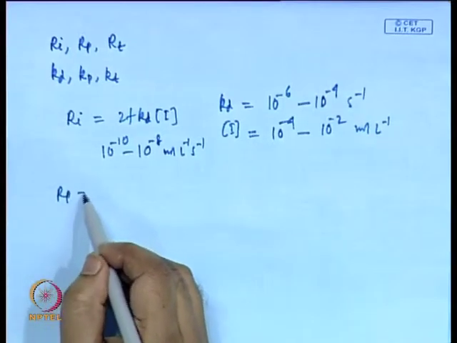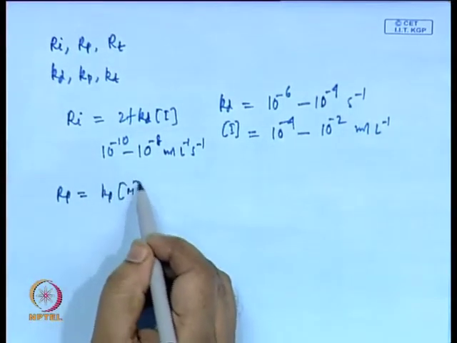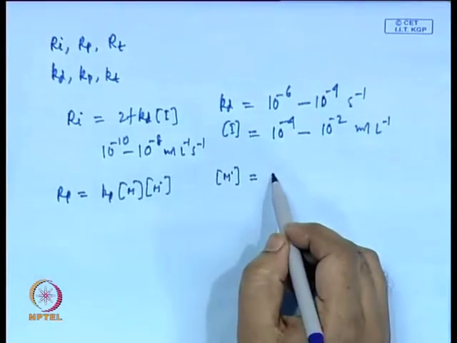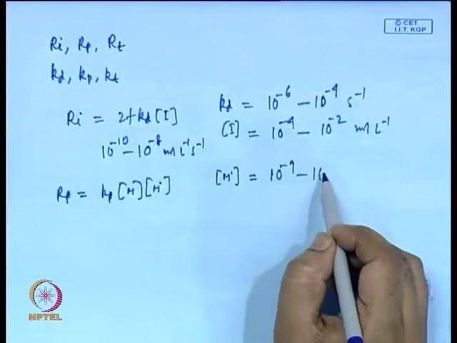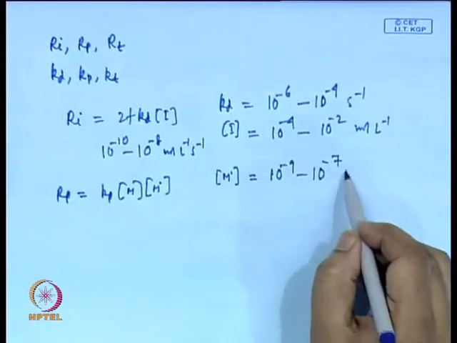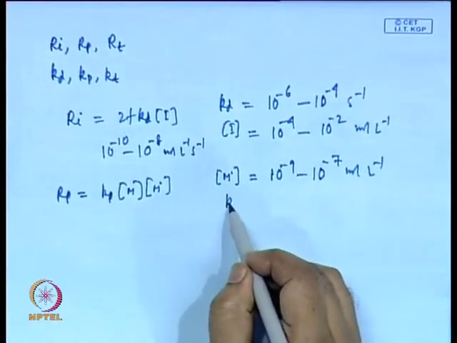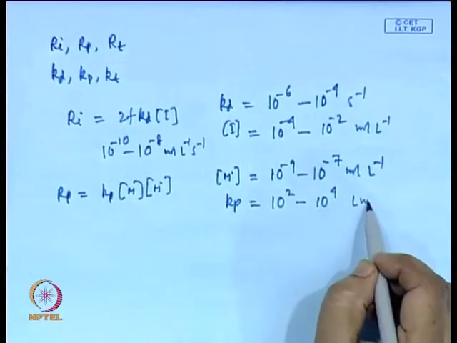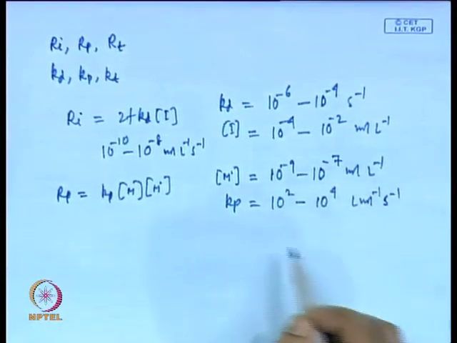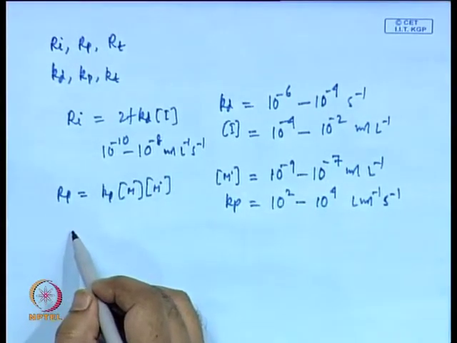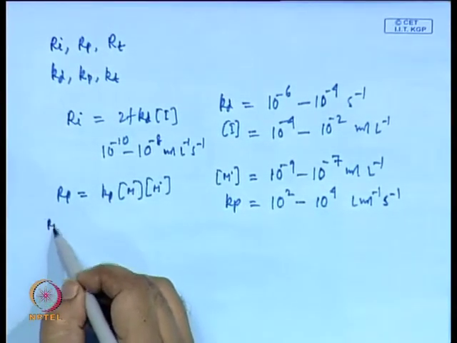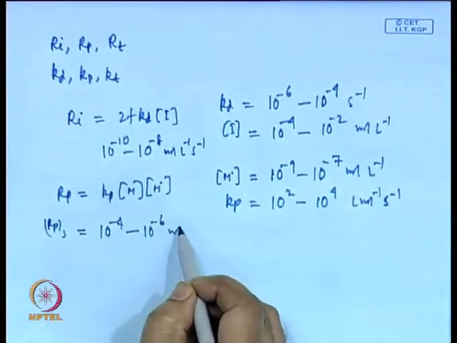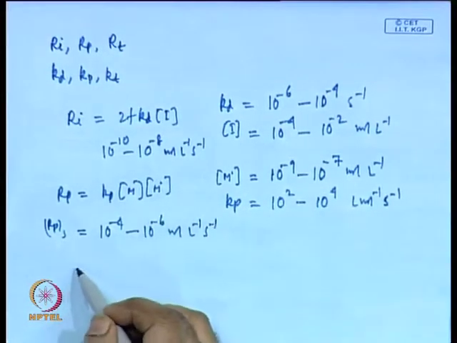Similarly Rp. The M dot value typically is between 10 to the power minus 9 to 10 to the power minus 7 moles per liter. Kp is 10 to the power 2 to 10 to the power 4 liter mole inverse second inverse. So, the Rp value at steady state is around 10 to the power minus 4 to minus 6 mole liter inverse second inverse,